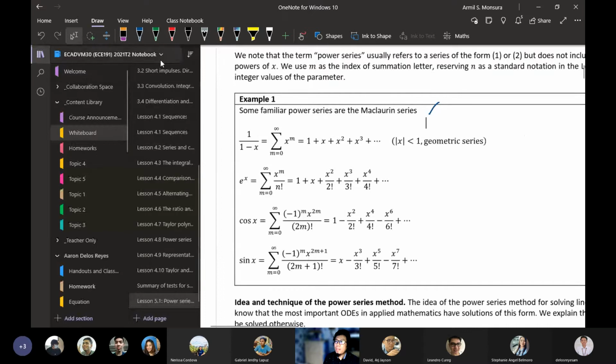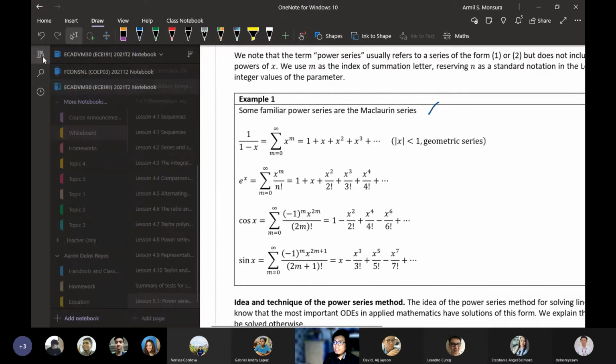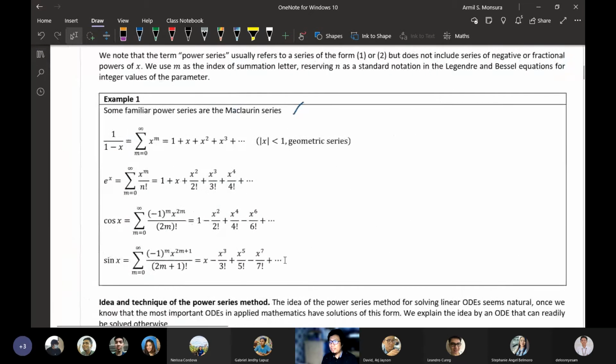This is a familiar Maclaurin series for sin x. And this is for cosine x. Now, if you want to make this a Taylor series, if you want to express this in terms of its equivalent Taylor series,